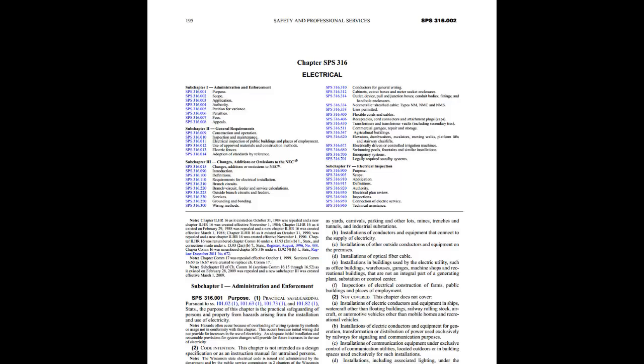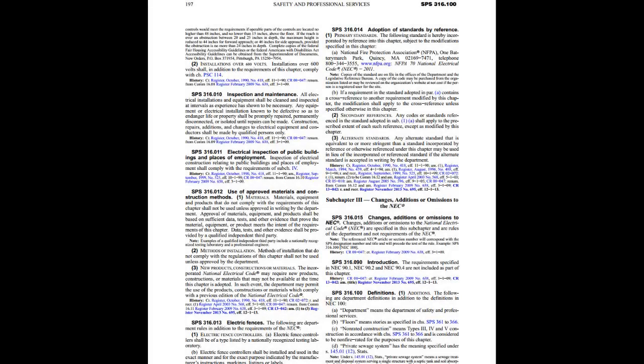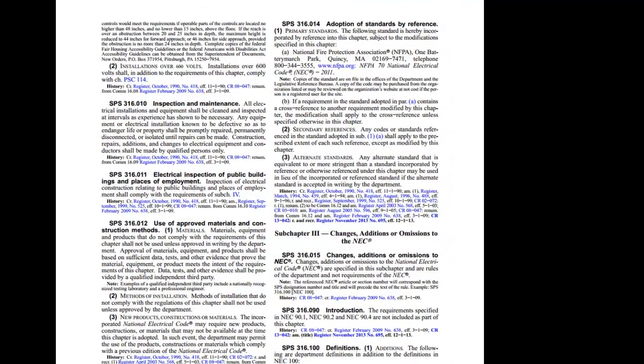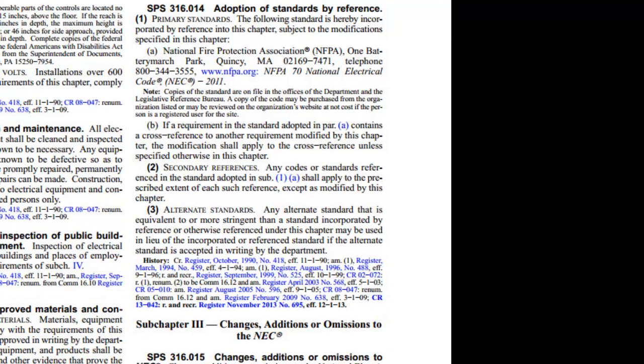It is fairly common for industry standards to be incorporated by reference into the administrative code. This is primarily because the standards are typically lengthy, technically complex, and frequently revised. Our example focuses on Section SPS 316.014, which adopts by reference into the Administrative Code the 2011 version of the National Electrical Code, or NEC. The specific question we'll address is what version of the NEC was in effect on a particular date, July 1st,